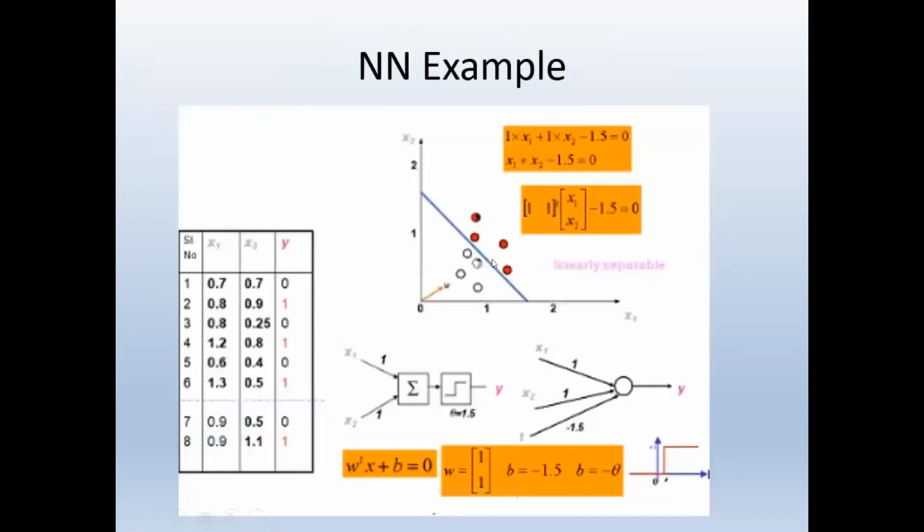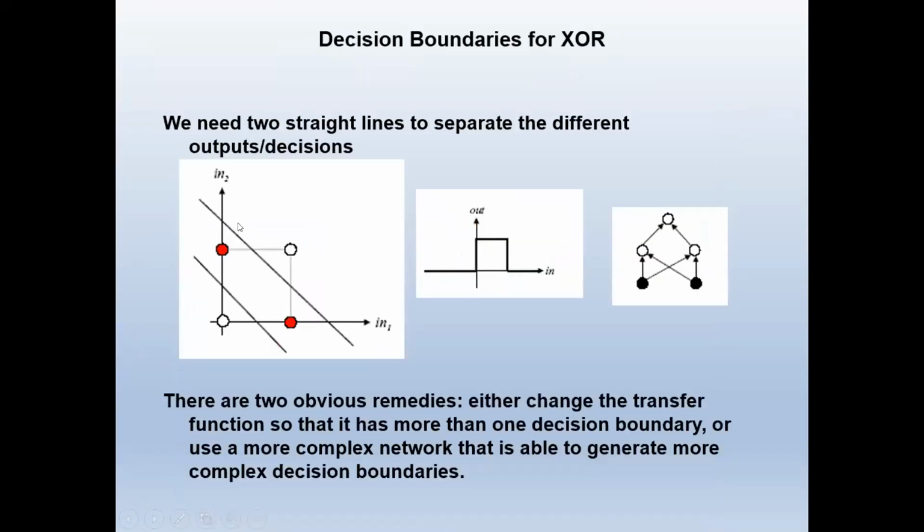Here you can understand that the system is linearly separable, and we can easily draw a linear curve between the positive classes and negative classes. In such cases, a simple neural network with inputs x1 and x2, a bias, and one output is enough to design this kind of neural network. But in this case, we cannot draw a single straight line which discriminates positive and negative class. So what we can do is draw two decision boundaries which can discriminate positive and negative classes.